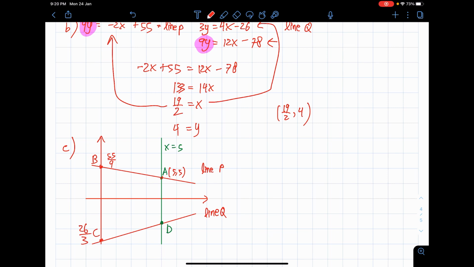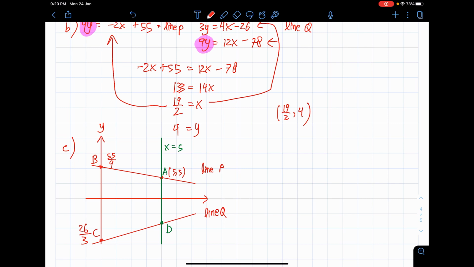We have to explain about the property of a trapezium. It must be a four-sided figure, and then you have two parallel sides. You can explain that the y-axis is actually parallel to the line x equals 5. Both of them are vertical, and both of them contain the line AD and the line BC. Hence they are parallel, and therefore ABCD is a four-sided polygon. You can call it a quadrilateral, where you have two parallel sides.